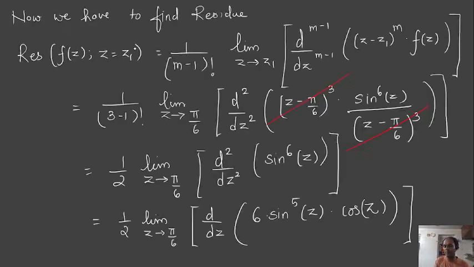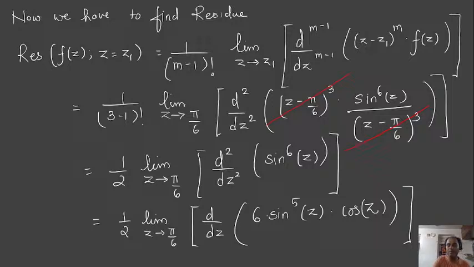In the UV rule, what will happen? 6 is constant, so 6 will come outside. So I'll write it over here. So 6 divided by 2, I'll keep it. Now the next part is sine raised to 5z into cos z. So sine raised to 5z, derivative of cos z we have to write, that is minus of sine z,